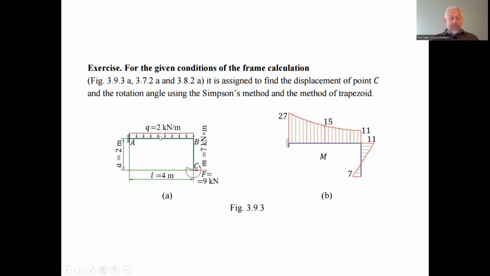2 by 4 is the magnitude of the concentrated force instead of the distributed load. So 2 times 4, which is 8, is the magnitude of the concentrated force instead of the distributed load. Multiplied by 2, the arm of the action of the concentrated force instead of the distributed one. So 8 by 2 is 16. And 16 has the same direction of rotation as we have here on behalf of the previous one, the element of